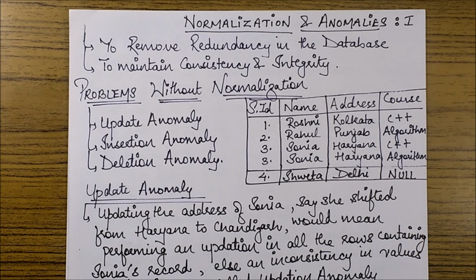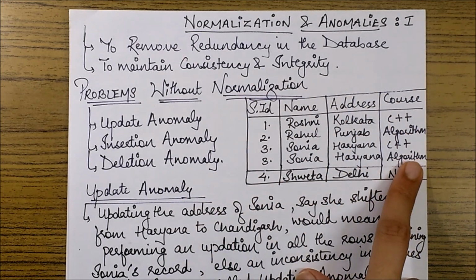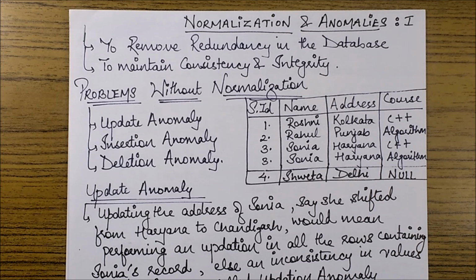Generally, whenever we construct a table in a relational database, as you can see in this example, there are some tuples or attributes which repeat themselves. In order to remove those redundant values, we basically perform normalization. Now what if we do not perform normalization? In case we don't, certain anomalies arise, and those are the ones we are going to discuss today in this session. Also, maintaining consistency and integrity is the main motive why we perform normalization.